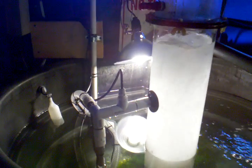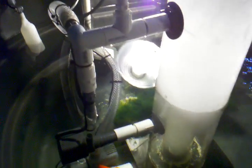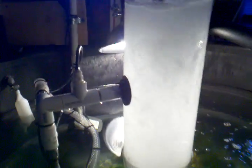As you can see, my protein skimmer is finally running. It's in a break-in period right now. I want you to look at my design and let me know if this is pretty much what you're supposed to do. Basically, to save a little bit of money, I knew it was possible to get enough air bubbles in this without buying a Venturi pump, which is basically a pump with a needle wheel and an air intake before the water comes out of the outlet. So what I did is